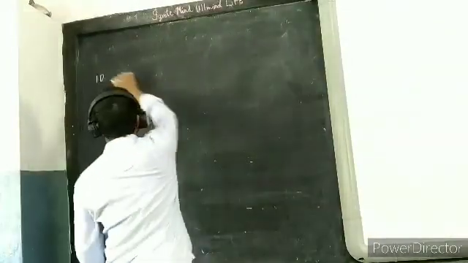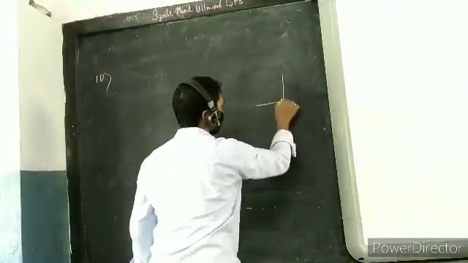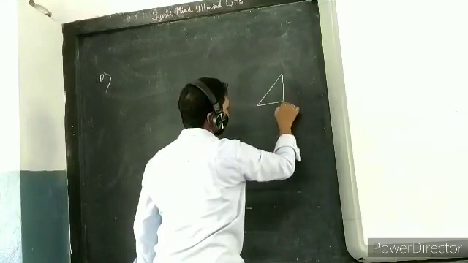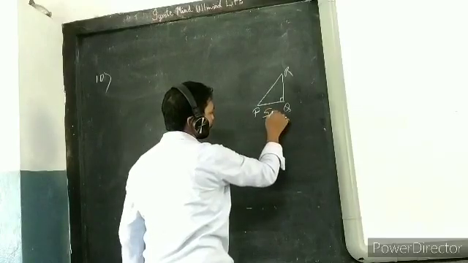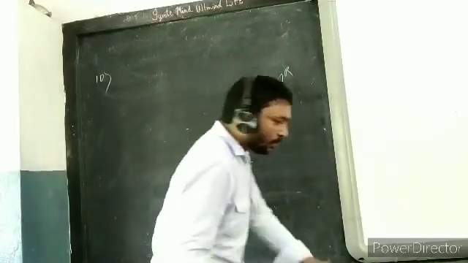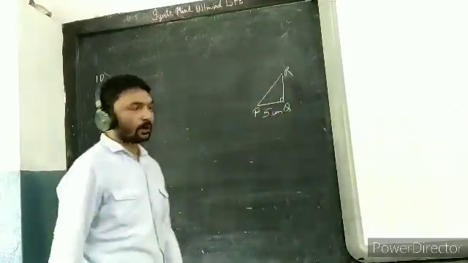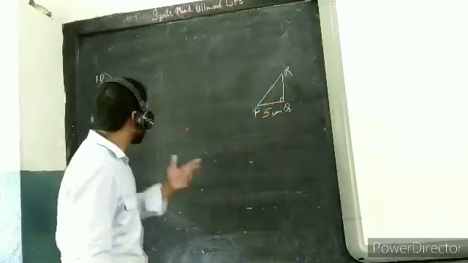It is saying that a right angle triangle, right angle at Q. Okay, I write Q here, P here, R here. And in the question it is given that PQ equal to 5 cm. Good. Now, one more thing is given, PR plus QR. This PR is not given, QR is not given. Now what we are going to do?